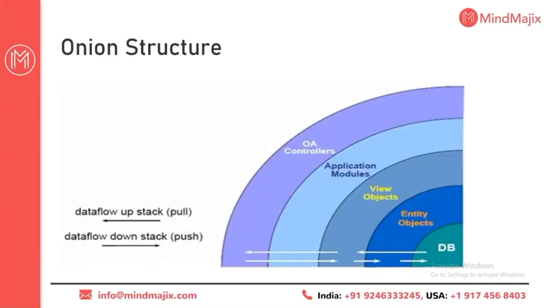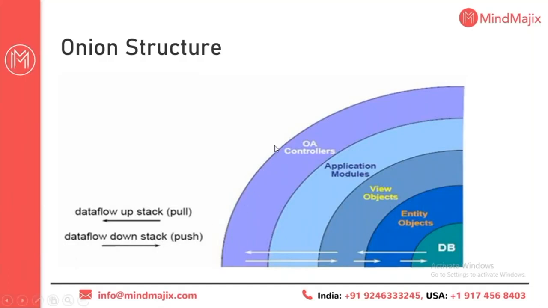Coming to the onion structure. If you look at these layers, it looks like an onion, right? When you cut an onion, the structure looks similar to this, which is why they named it the onion structure. Here you can see the sequence of execution of the flow. If you recall the MVC architecture explained using the login page scenario, when you log in by entering the credentials and click on the login button,